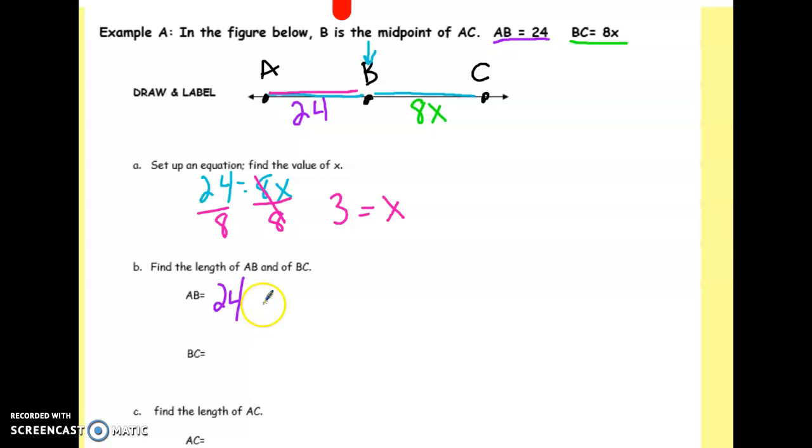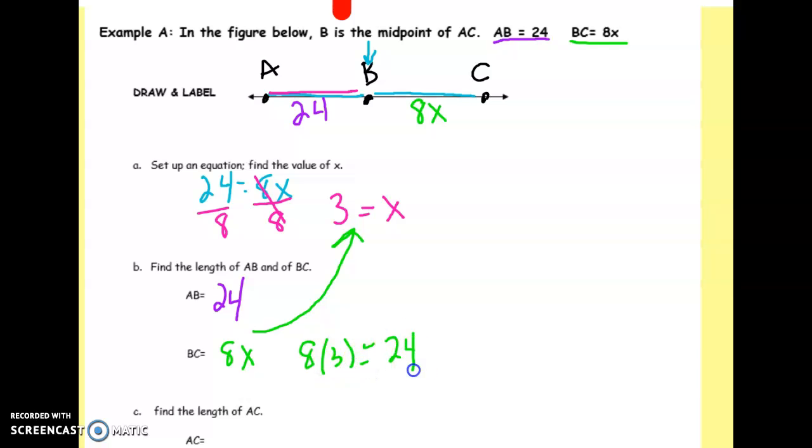Now take a look at BC. Whether I'm looking at my picture and I can notice that it is represented by 8x, or if you go back up into your information, both lead to the value of 8x. So I'm going to write 8x there. Now we want it in terms of just a plain old number. So now if we think about it, we've discovered that x is the value of 3. So if I evaluate it for x is 3, 8 times x, or 8 times 3,